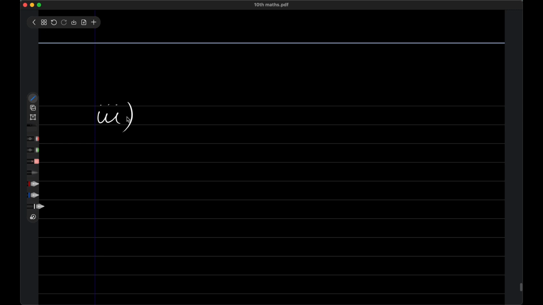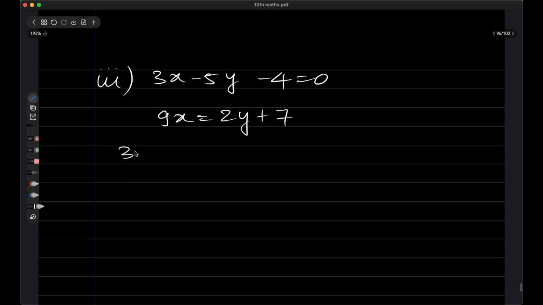The equations are 3x minus 5y minus 4 equals 0 and 9x equals 2y plus 7. Let us rewrite the equations: 3x minus 5y equals 4 and 9x minus 2y equals 7. Now, using the elimination method,